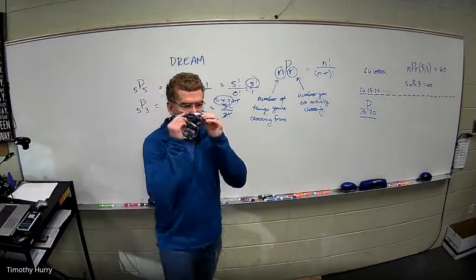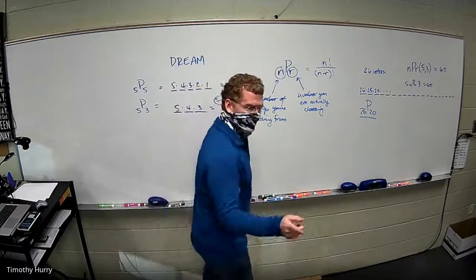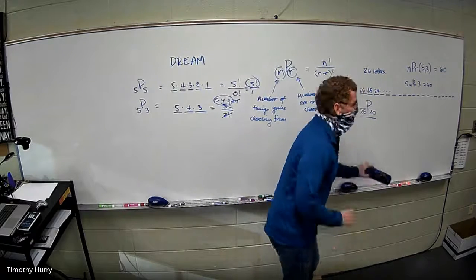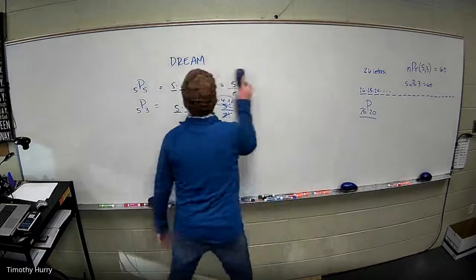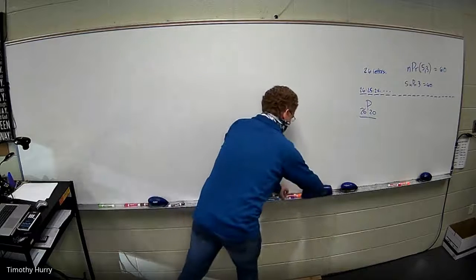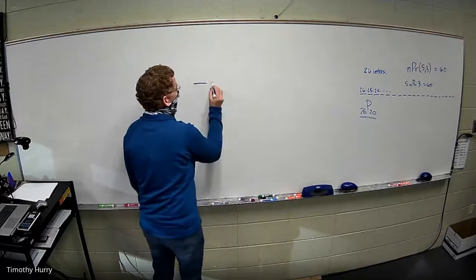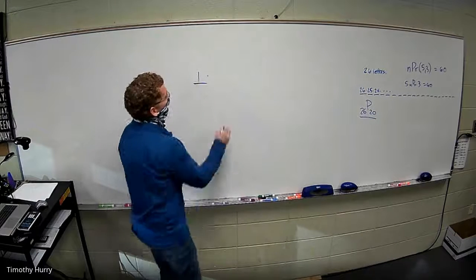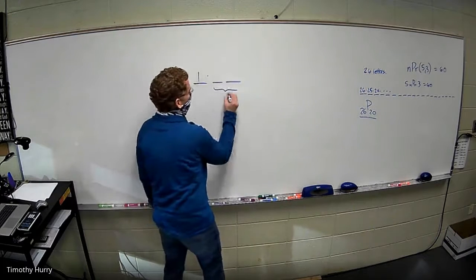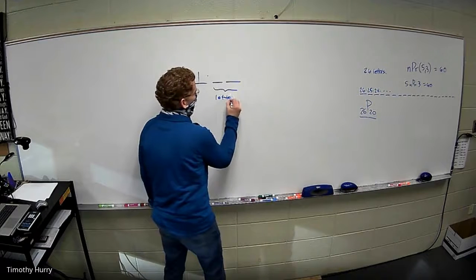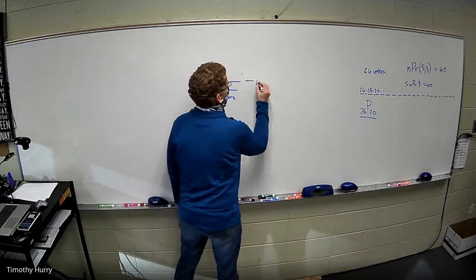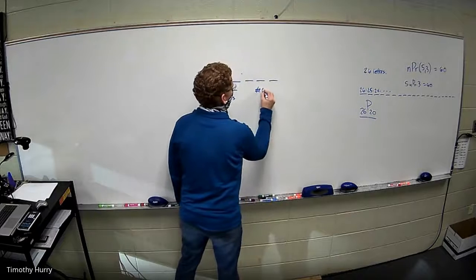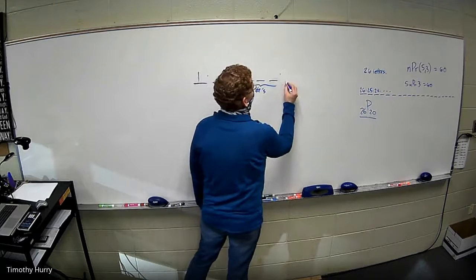Heck, even how about the license plate problem? We did that yesterday, didn't we? So we did this with that license plate problem. I think it was something to the tune of, all right, the first number has to be a 1 because we're in Jefferson County. So there's one way to do that. And then I think I said we had 2 letters, right? And then we had 3 numbers, right? Those are numbers. And then we said we had 1 more letter,